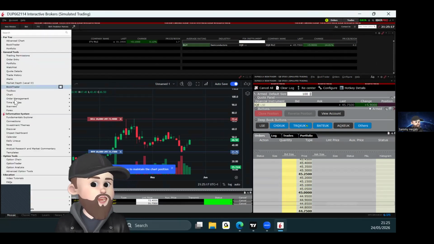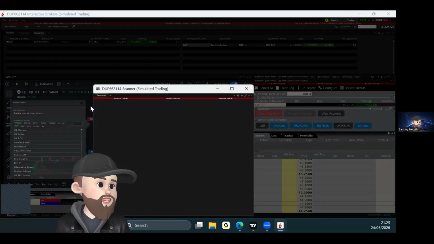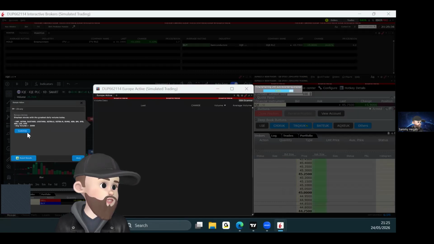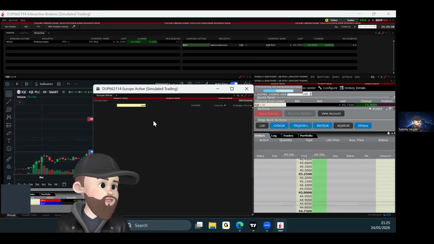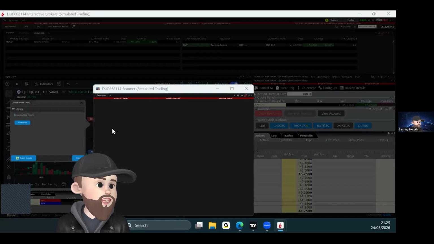Just click on the buttons, create your own layout, share your layout with me, try different things, try the scanners, try the mosaic scanner, for example. Click on mosaic scanner. There you go. You can look at European stocks. It's just European active movers and say done. And it will list all the different European stocks, gives you different things. You could edit the scanner,